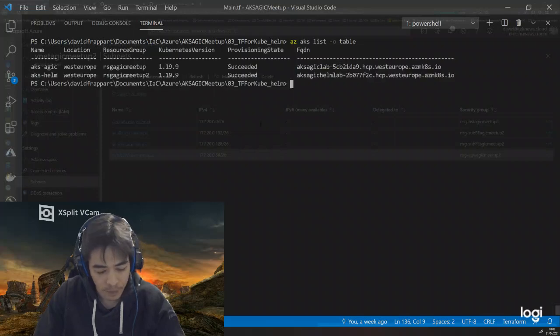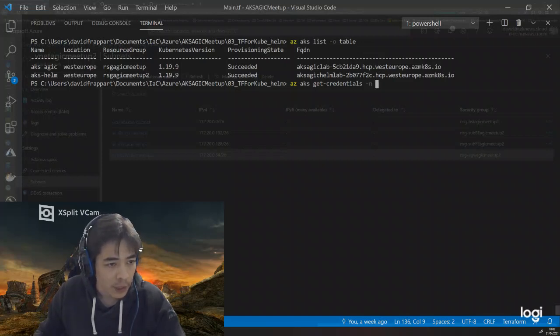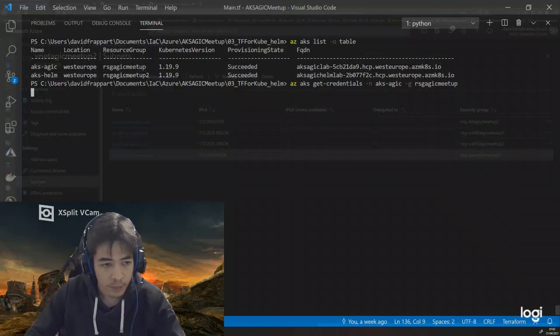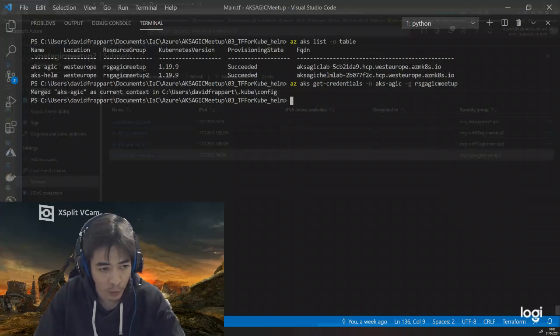Okay, AKS get credentials and specifying the name. I will get my Kubernetes cluster config file.